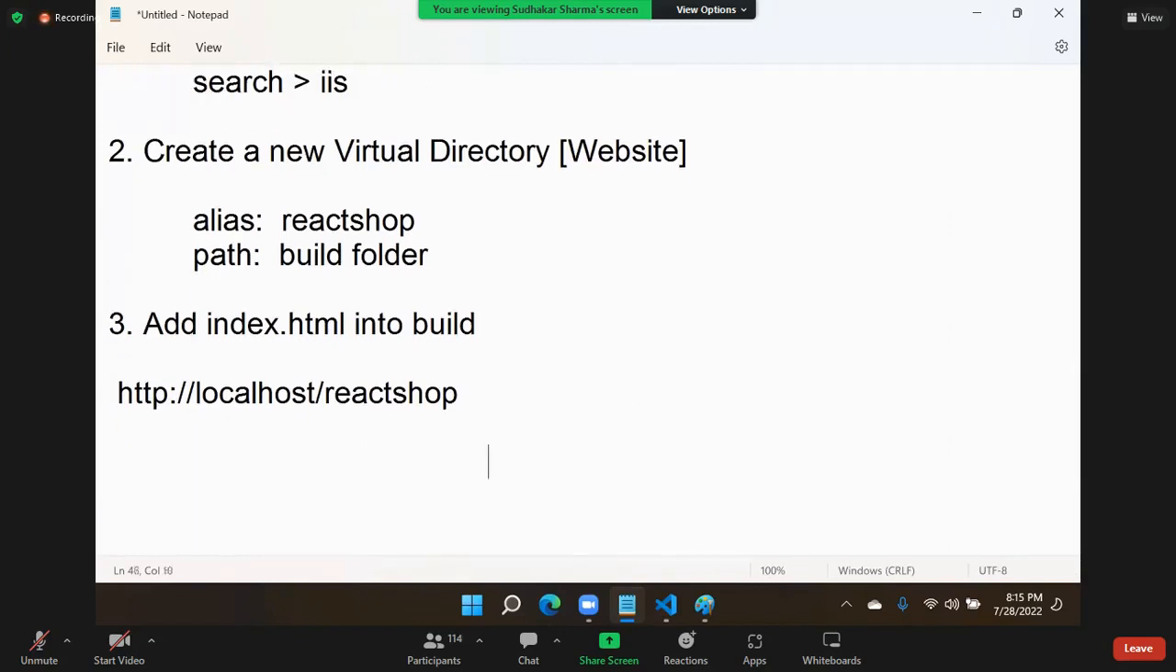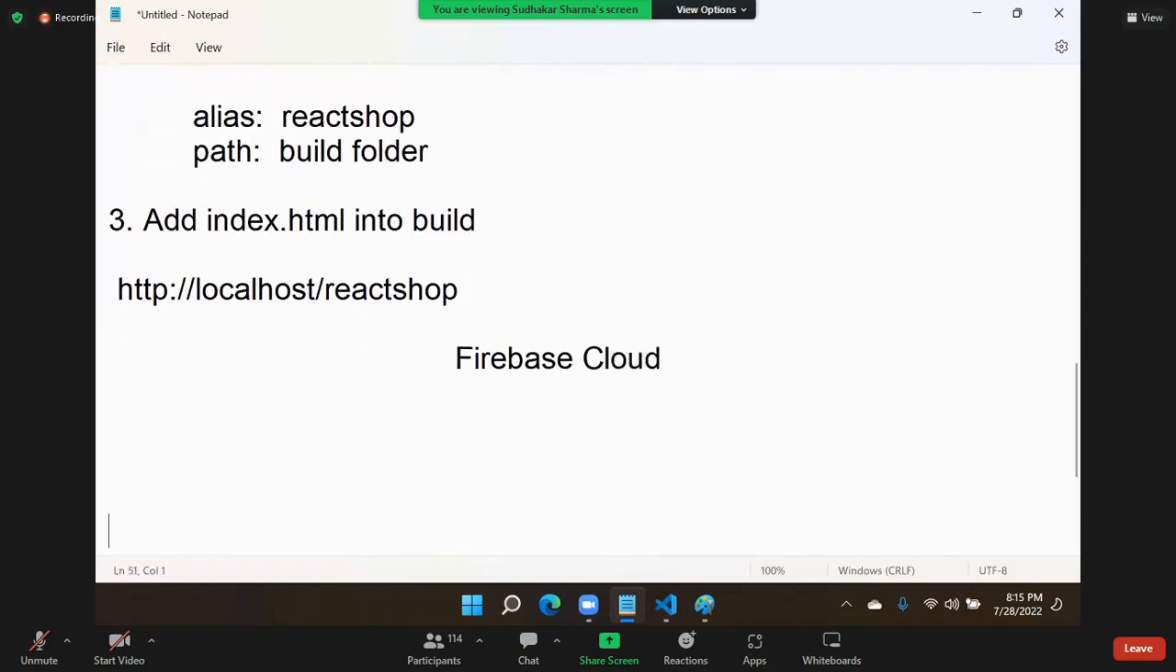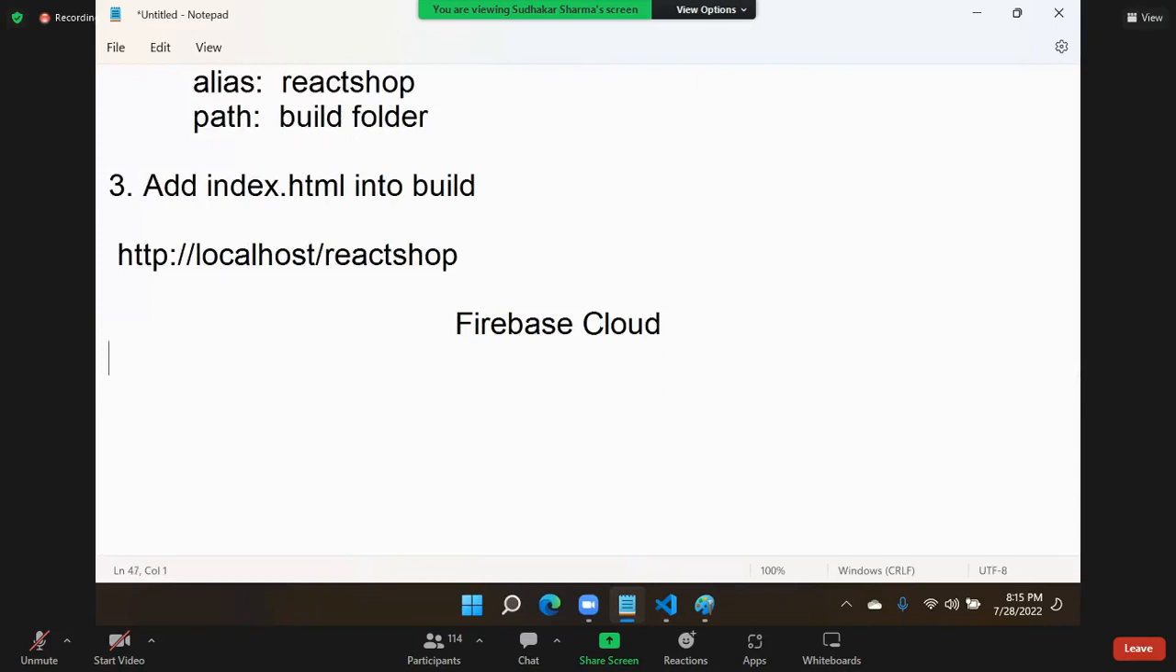I will show you one simple example of how to publish on Firebase Cloud. That means we will see how to make it live so that everybody can see it, everybody can use it. Whoever has that URL can watch it. So how do we do that? You can use AWS, you can use Azure, but every